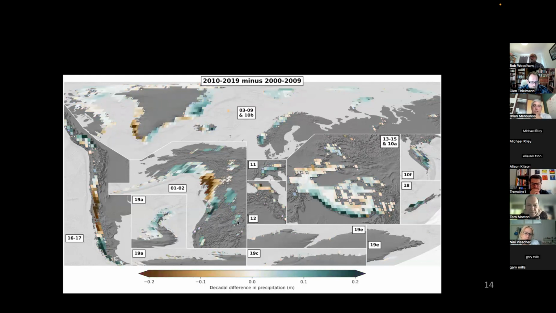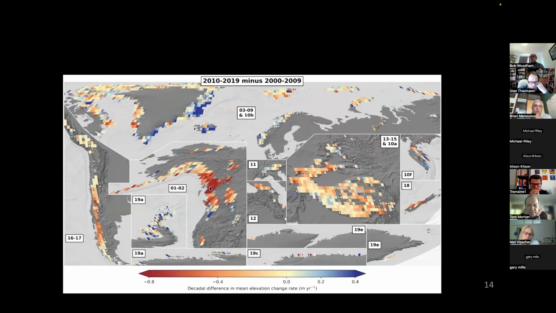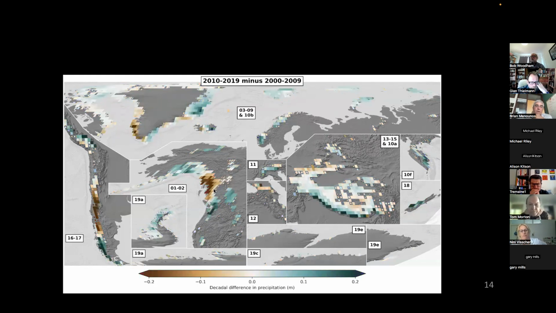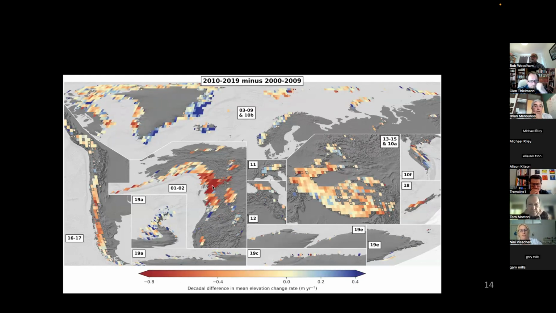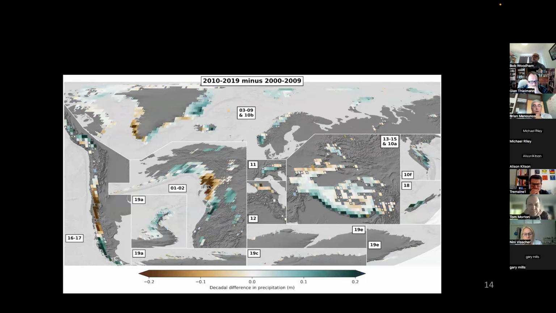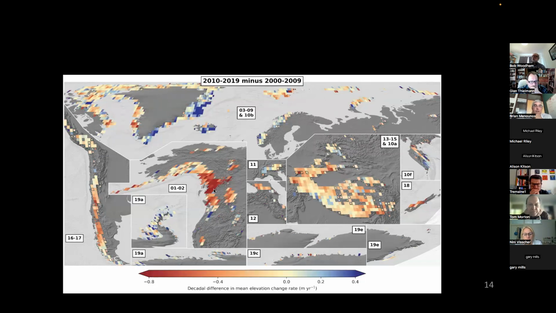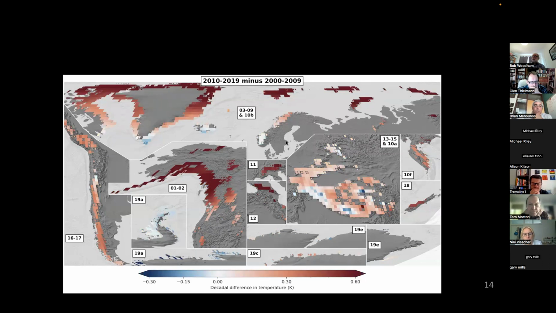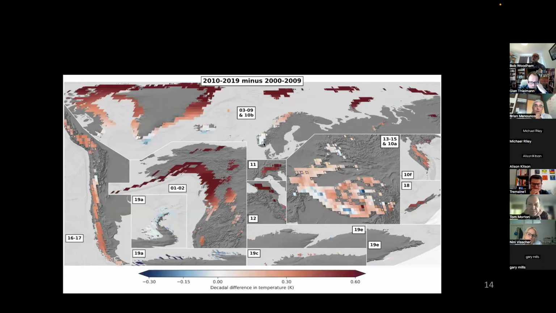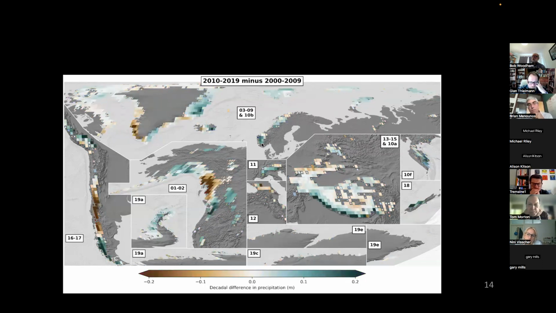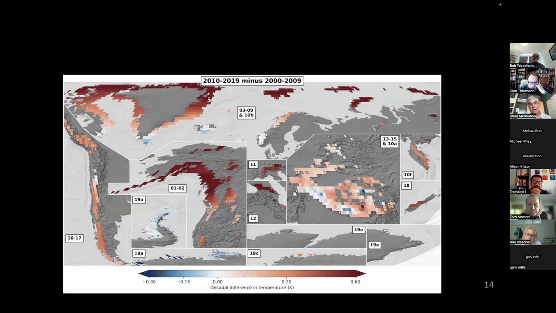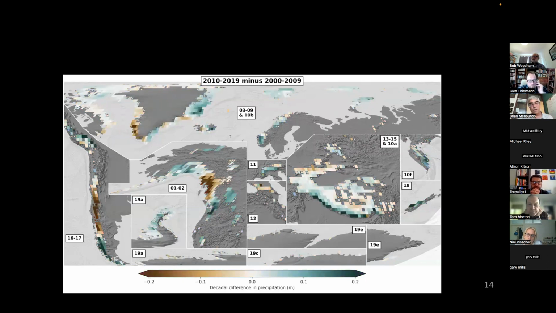And what you can see as this animated GIF goes through is that, for example, in Western Canada, the difference between those 2 decades, the glacier melt accelerated, and it was not only conditioned by an increase in the temperature, but also a drying trend. And you can start to see that in other places. If we got a little bit closer to the UK, for example, we can start to see some different patterns, different variations. By and large, though, glacier melt on the planet has accelerated in those 2 decades, and it is consistent with what we would expect based on the temperature and precipitation forcing.